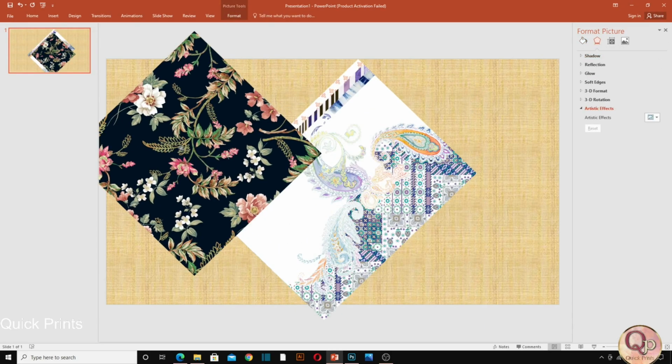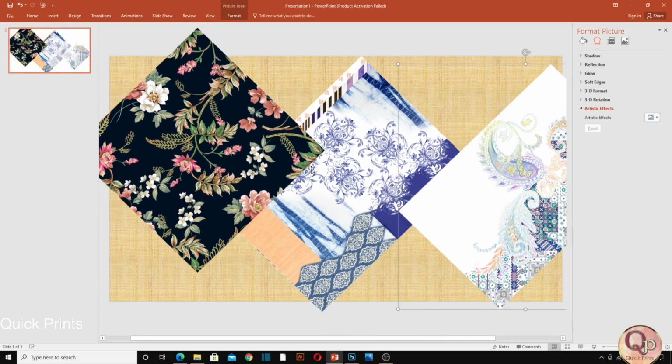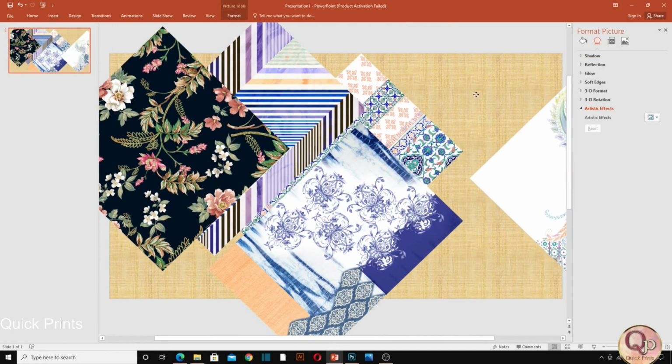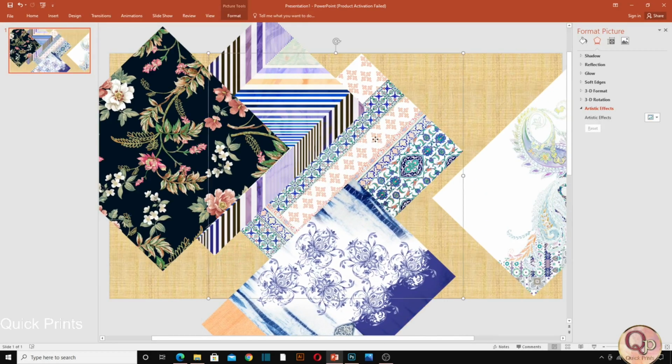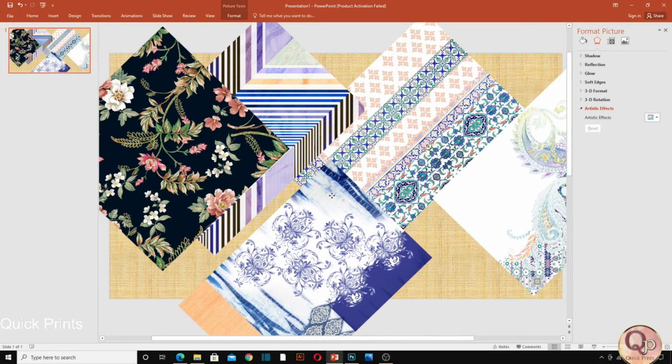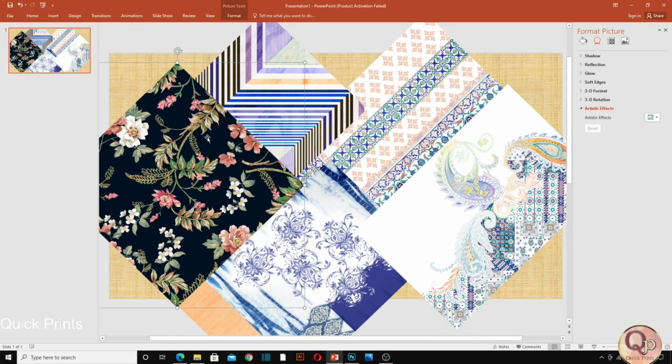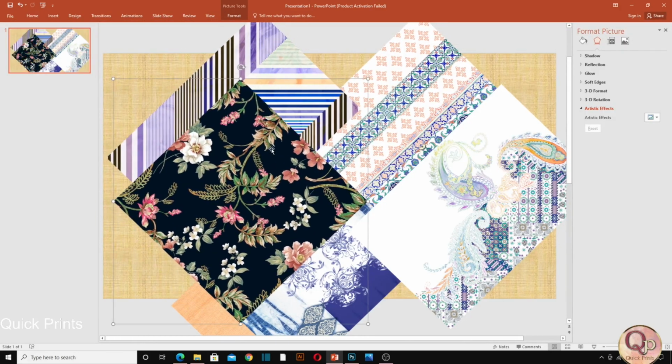You don't get a background here, so you can overlap the images. There's no white background when we keep them in PNG format. So this is the purpose of keeping images as PNG. You can overlap things and utilize them whenever you need. There are so many PowerPoint options you can use. So this is the reason behind keeping the pictures in PNG format. That was the only purpose of showing the PowerPoint.